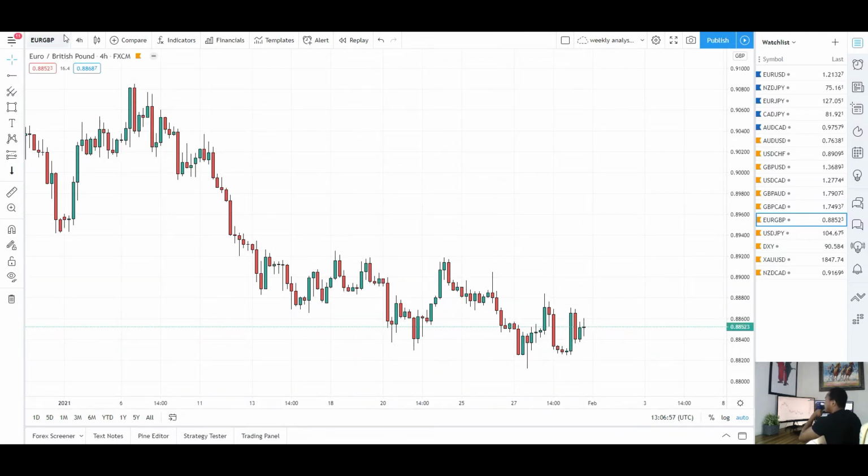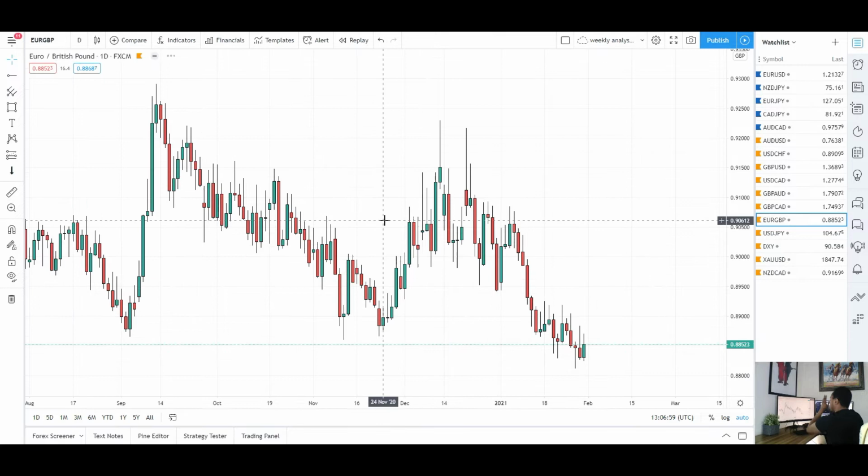But because it's so corrective, we can probably expect to see a break to the upside and price go and retrace a little bit after a very bearish leg here to the downside, and price is sort of correcting itself in the same direction as that impulsive move. So potentially we could be seeing another impulsive move back up again, retrace it, and then further continuation to the downside, because I still believe the overall trend for EURGBP is going to be to the downside,